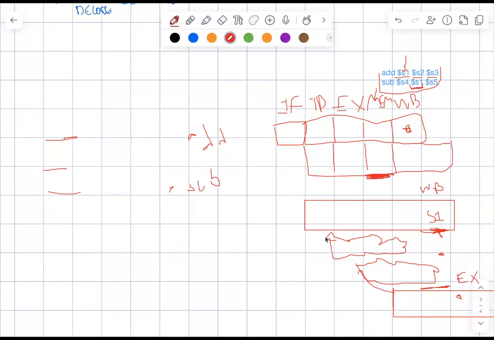So actually, think of it like this. With the add, right? We're adding S2 and S3 and putting it into S1. So in the execution stage here, we computed S2 plus S3. So we kind of have what's going to be in S1. It's not in S1 yet because we do it in the write back, but we have what's going to be in S1. So we can forward that result into the execution stage